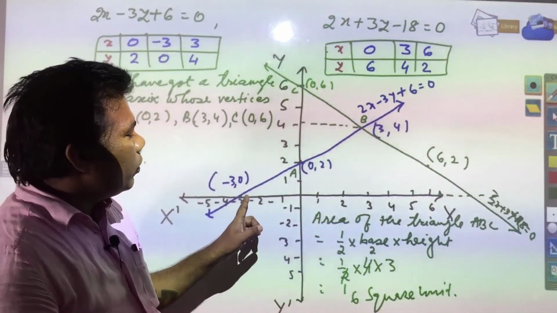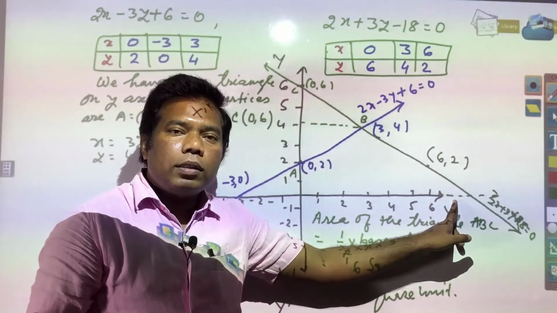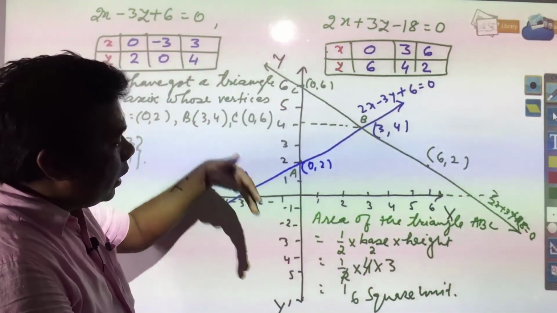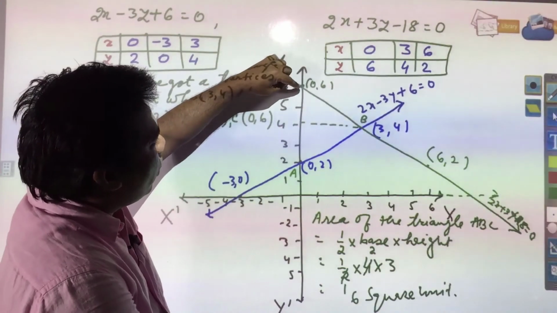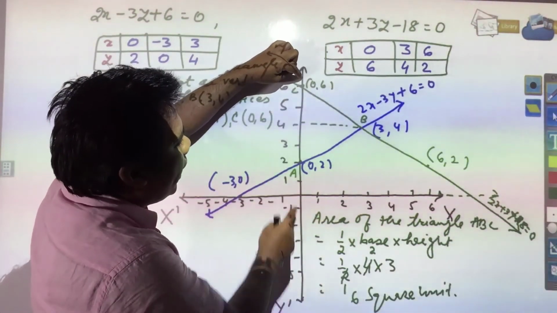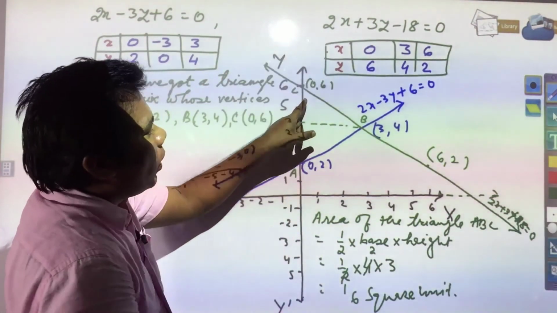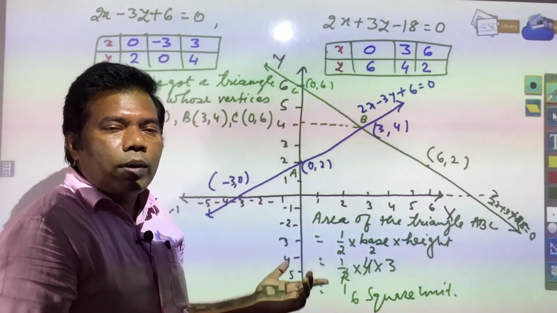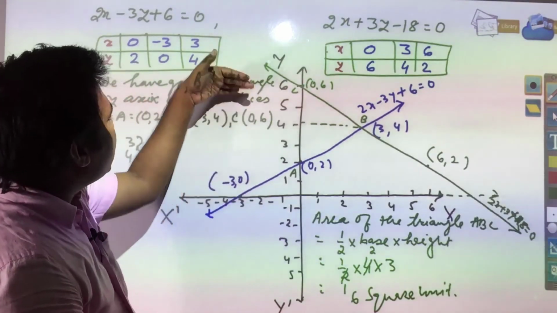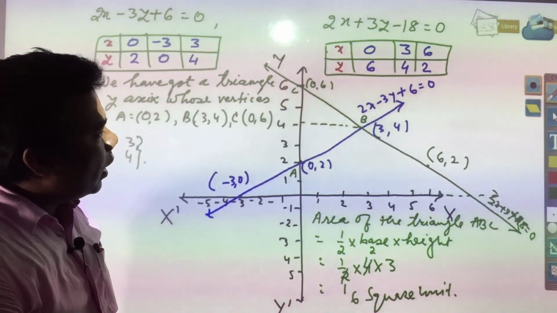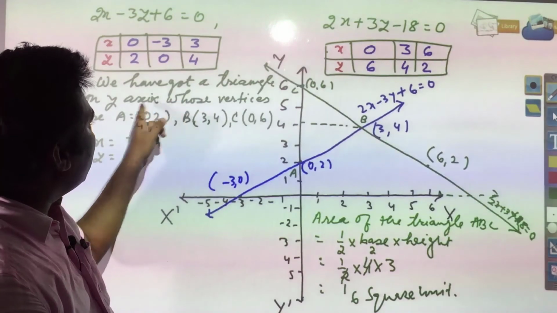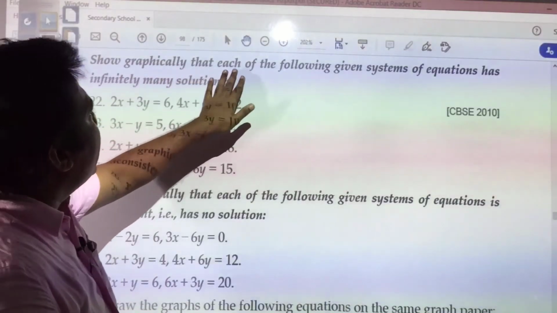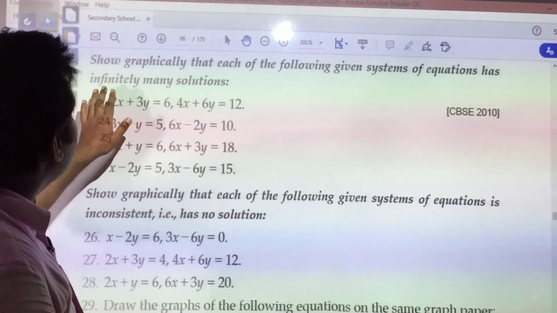In the previous question we had to find the area on the x axis, so your base was the x axis. In this question you have to find the area on the y axis, so your base is the y axis. That is the only difference, otherwise it is the same question as the previous one. In this way we need to find the answer, or find what has been asked.